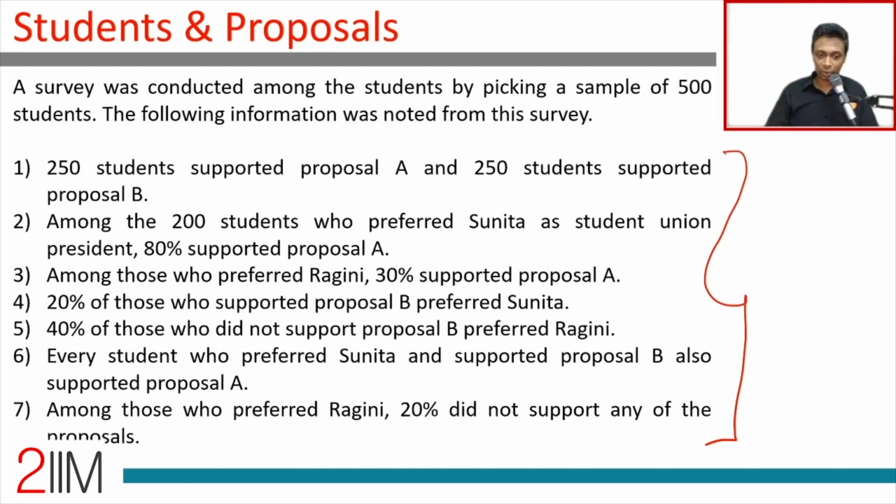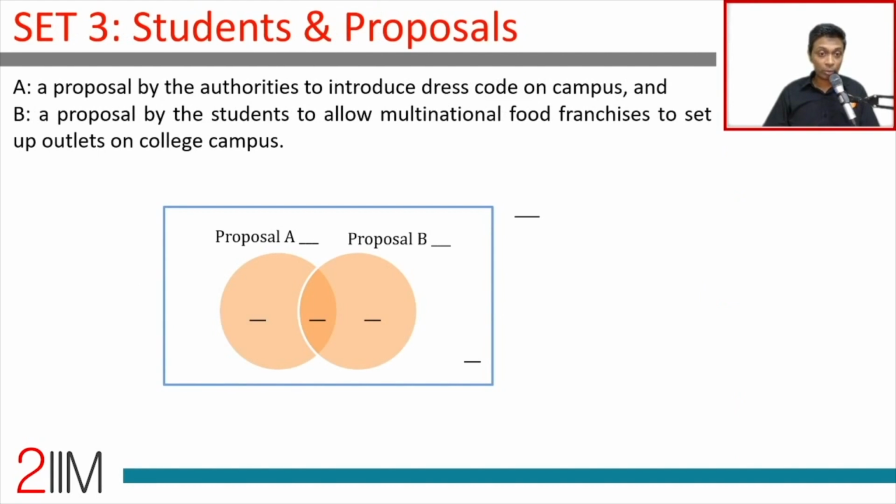And so we need to imagine the data sitting in some kind of Venn diagram for A and B. So I would say how many people like proposal A, I would put that here. How many like proposal B, I'd put here. This is A only, B only, both A and B, neither A nor B, total number of people. A standard framework for capturing data.